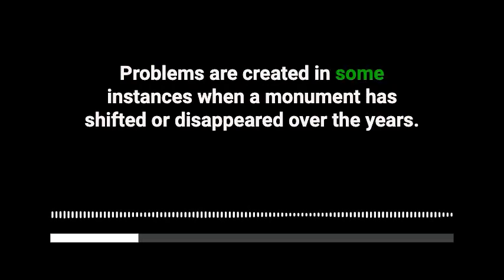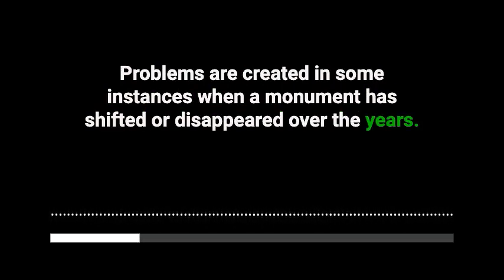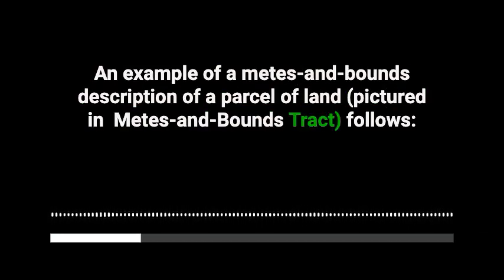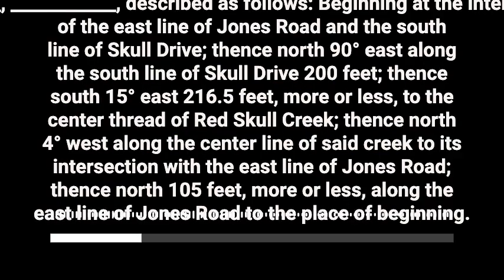Problems are created in some instances when a monument has shifted or disappeared over the years. An example of a metes and bounds description of a parcel of land follows. A tract of land located in, described as follows, beginning at the intersection of the east line of Jones Road